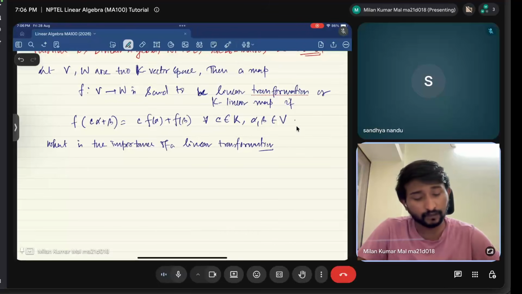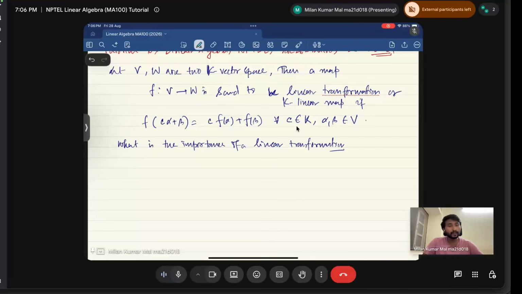This is also sometimes called a K-linear homomorphism between two vector spaces V and W. We could just study a map f from V to W, a function that sends every element in V to another element in W. But why should one study the linear transformation? Because